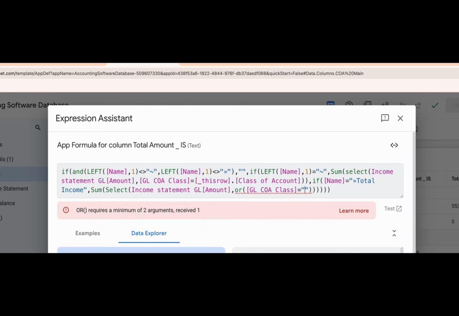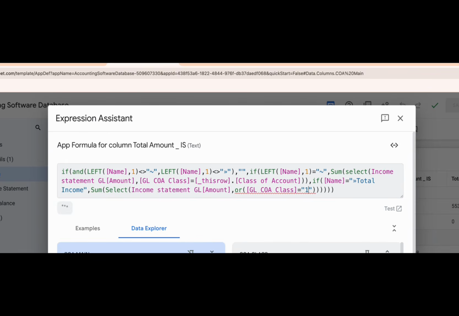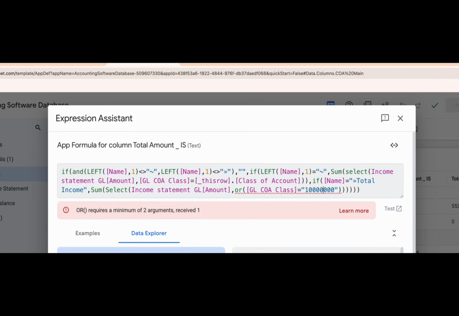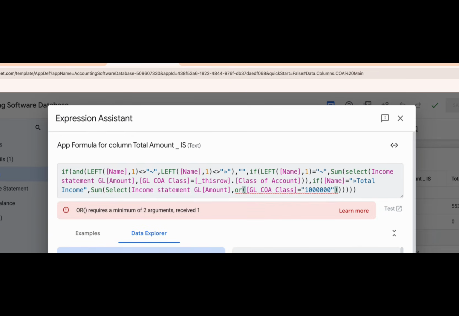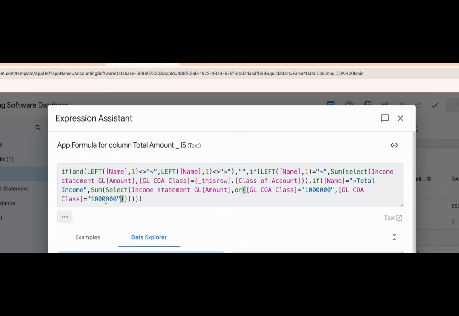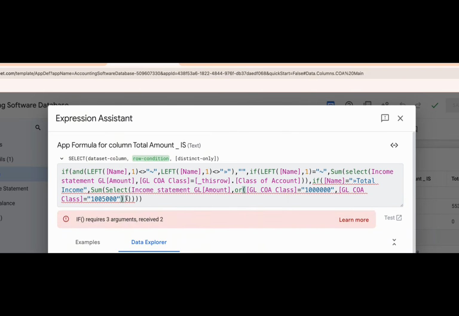Now we're going to list the ones for revenue and expense. So revenue is 1 million, basically. So 1, 2, 3, 1, 2, 3. Good. I'm going to copy this guy. The reason why the 1 million is in double quotations is because we've set all our IDs to text, right? And this is 1,000,005. So that's select, that's sum, that's if, that's if, and that's if.